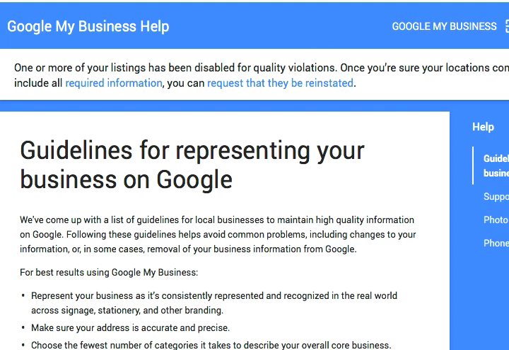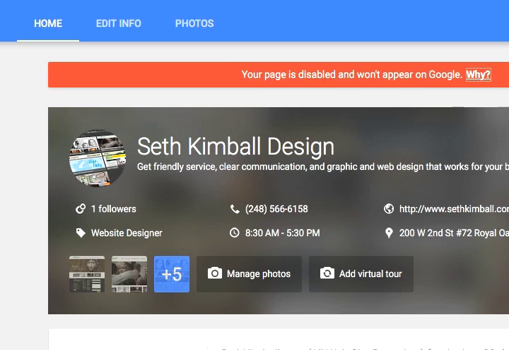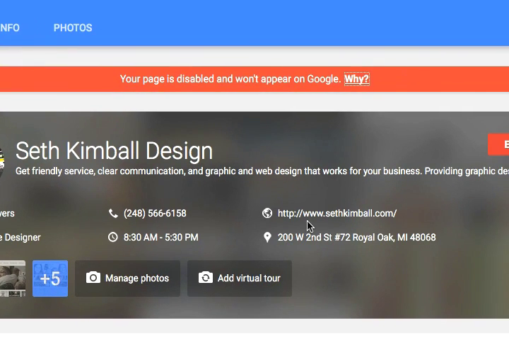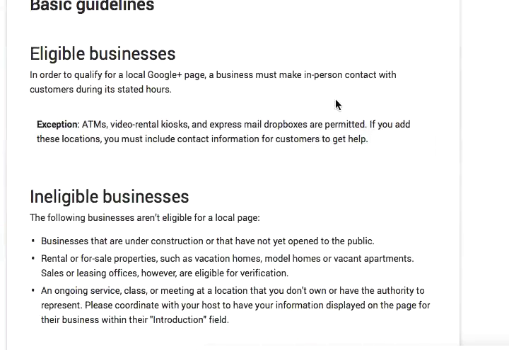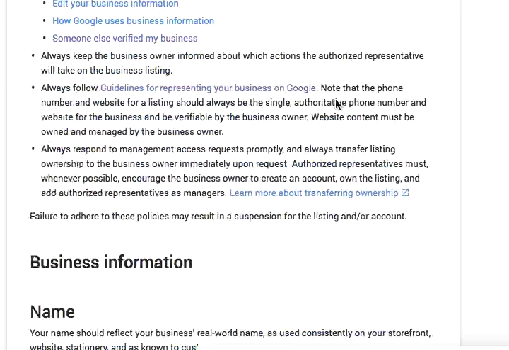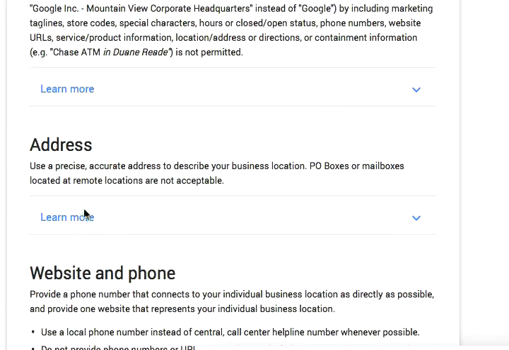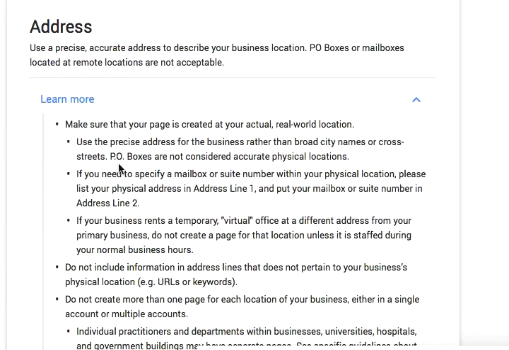I have had my local listing at 200 West 2nd Street, number 72 in Royal Oak, Michigan, since I started this local listing. And that's actually a PO box, and I'm willing to bet that that's the issue. If I go over to the guidelines here, eligible businesses, business information, address. If I click on learn more, one of the things it says is that PO boxes are not considered accurate